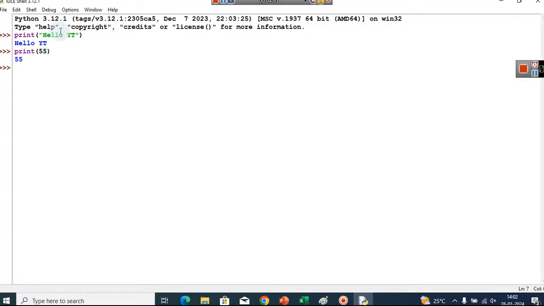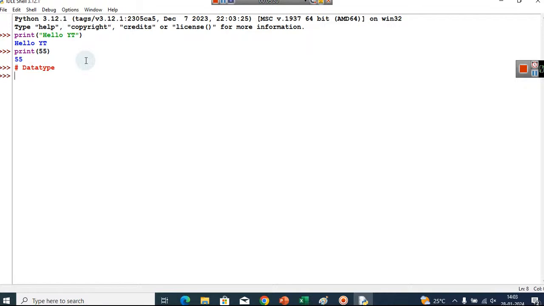Here you can see we have tried to print two different types of data. One is this, where we have used double quotes, and the other is a number where we have not used any double quote or single quote. This is because while printing something in Python, you have to remember the data type of the value that you are trying to print. Data type, as the name suggests, is the type of data.